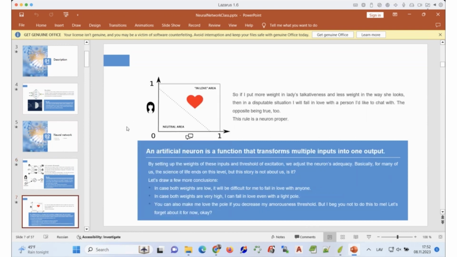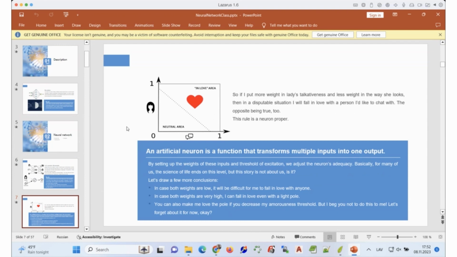Literally we can measure parameters of a person and of something in numbers, because if we want to computerize or digitalize something, we need to work with numbers. So we can measure each of the parameters we see in the person in a range, for example, between 0 and 1. And then we can think, well, we like the person, but in reality, we like the person's parameters or a set of those parameters.